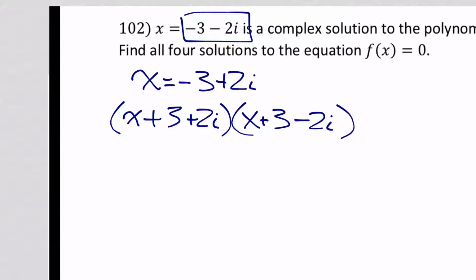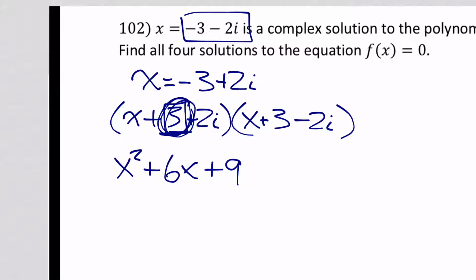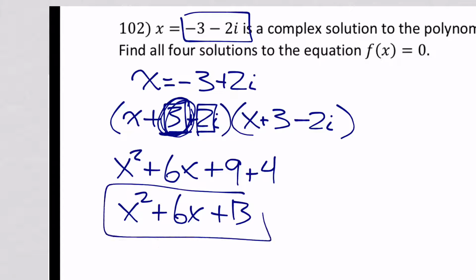Unfortunately, that means long division, because we can't use synthetic division, because we can only divide by linear factors. So we need to turn this into a quadratic without imaginary numbers in it, and then we will divide that out. So let's look at how to do that. x squared plus, from that 3, 6x plus 3 times 3 is 9 plus 2 times 2 is 4, x squared plus 6x plus 13 is